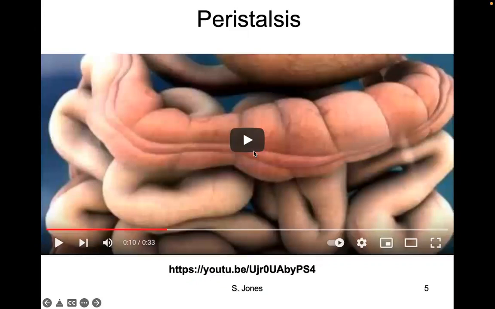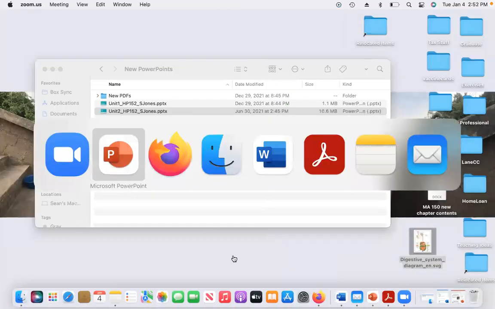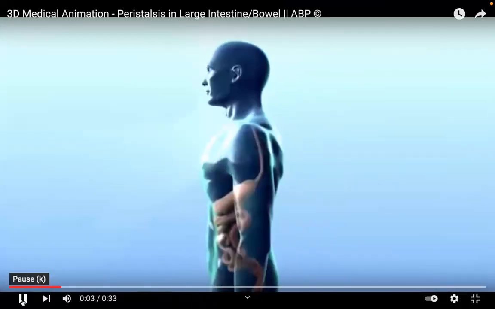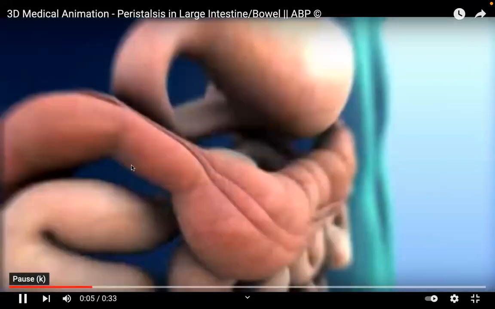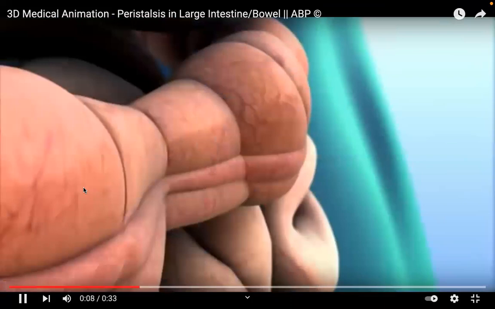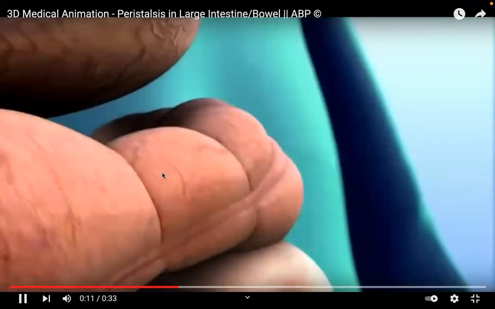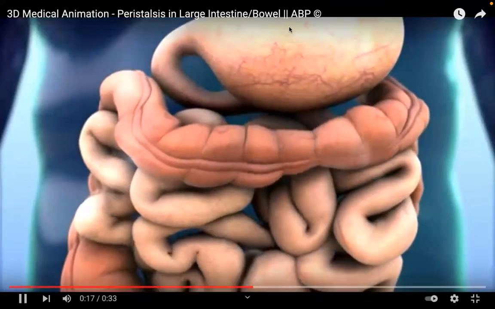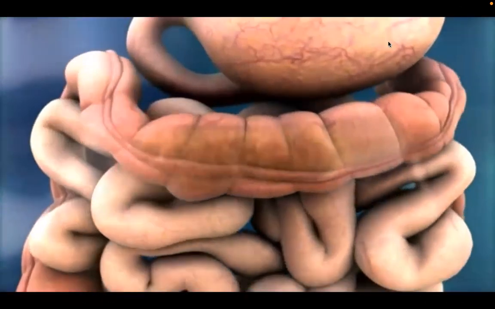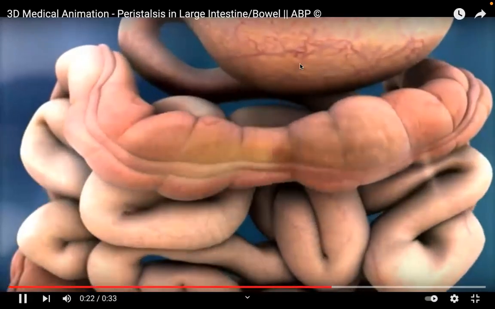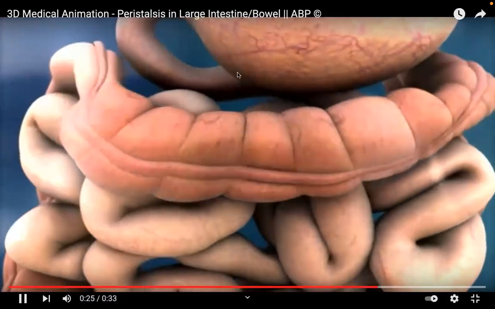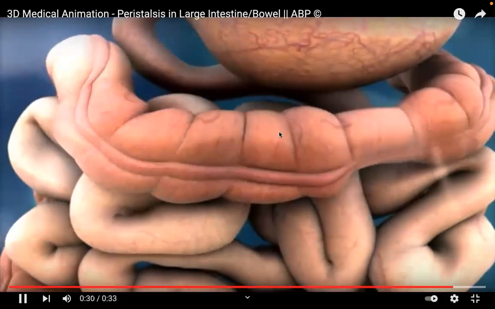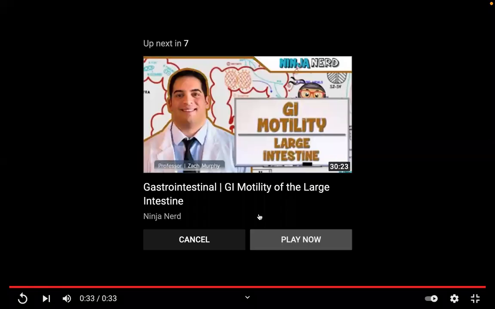So here's a sweet video of peristalsis itself. I just wanted to pull up this YouTube video. This is a 3D rendering of what you can imagine the digestive tract looks like, highlighted. But this is that awesome movement that happens automatically throughout the digestive tract. You swallow food, it goes down through your esophagus, which is up here above this thing called the stomach. But as soon as it goes down, the rest is sort of like a set it and forget it. Food is just propelled in one direction.